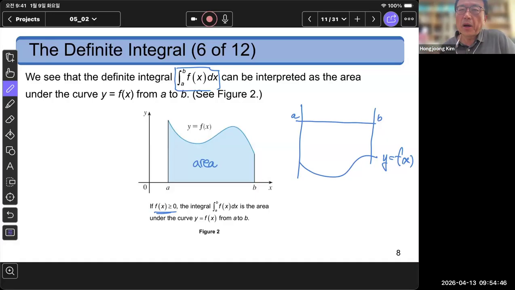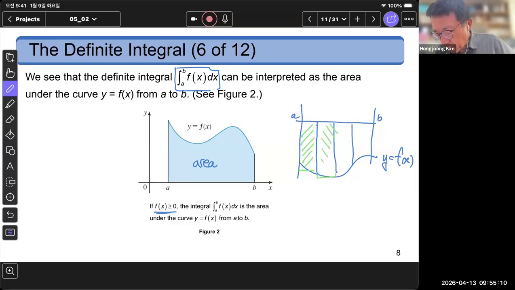Well, similarly to the positive case, if I split the interval into small pieces, and then evaluate my function at a certain point, you will introduce a certain rectangle on each interval. And then what will the Riemann sum represent? The Riemann sum